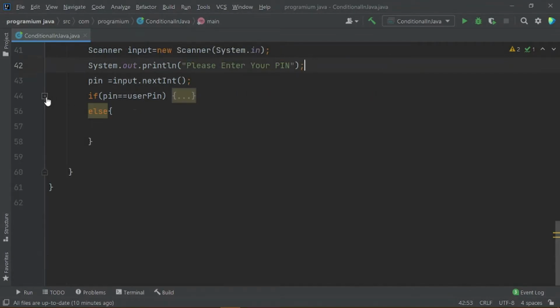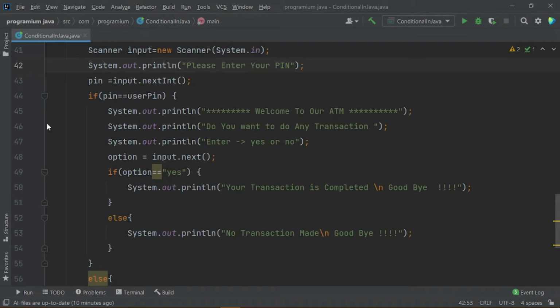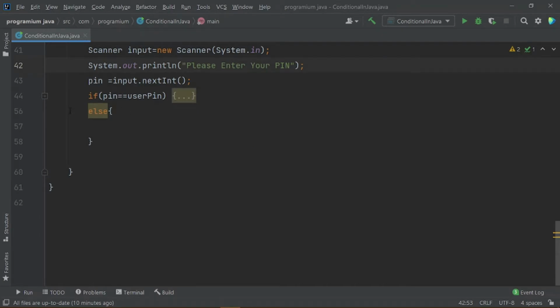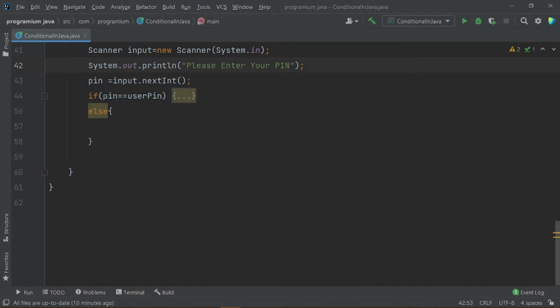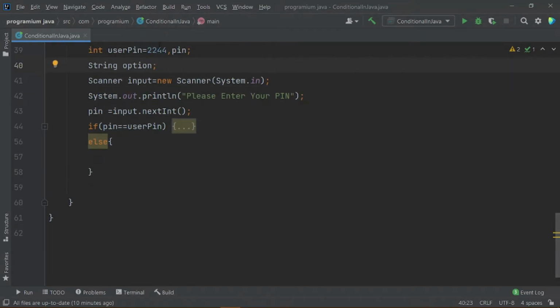You can also minimize or maximize these conditional areas because they prove very effective when you create larger programs. So here we validated that the user entered pin should be equal to the pin that is stored here. But what if the pin entered by the user doesn't match? So we will simply say that your pin is incorrect.